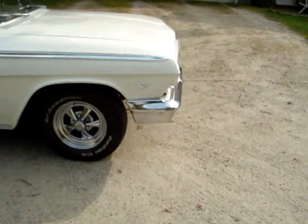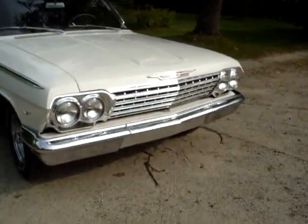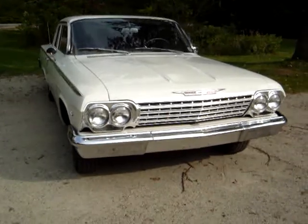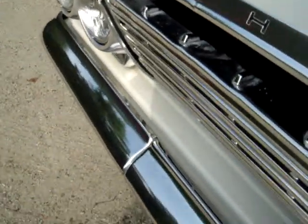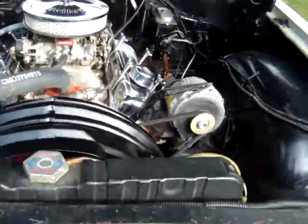See if I can get a peek at the engine. I apologize for my shakiness, but I'm not a drinking man either. See if I can do this one sweet. Does it release before I start. Anyway,